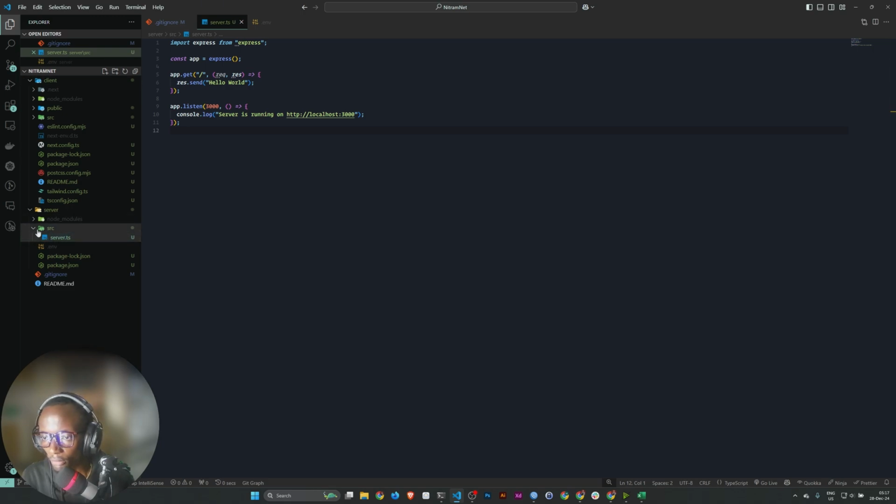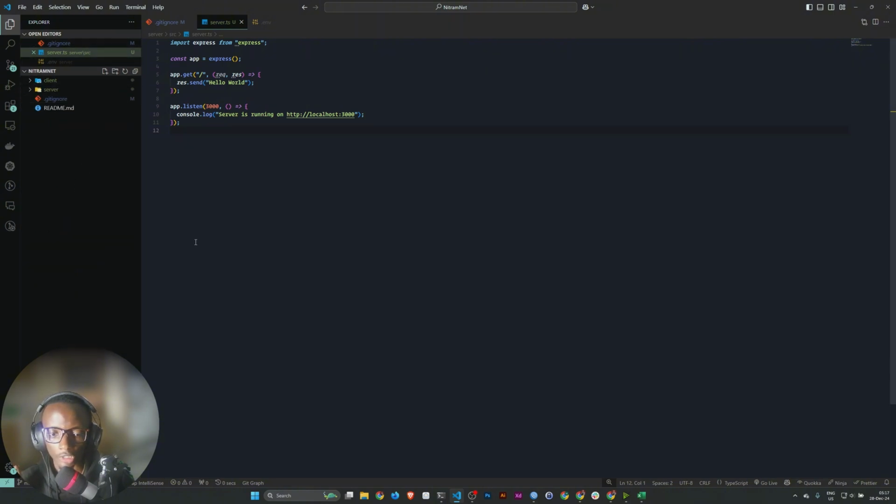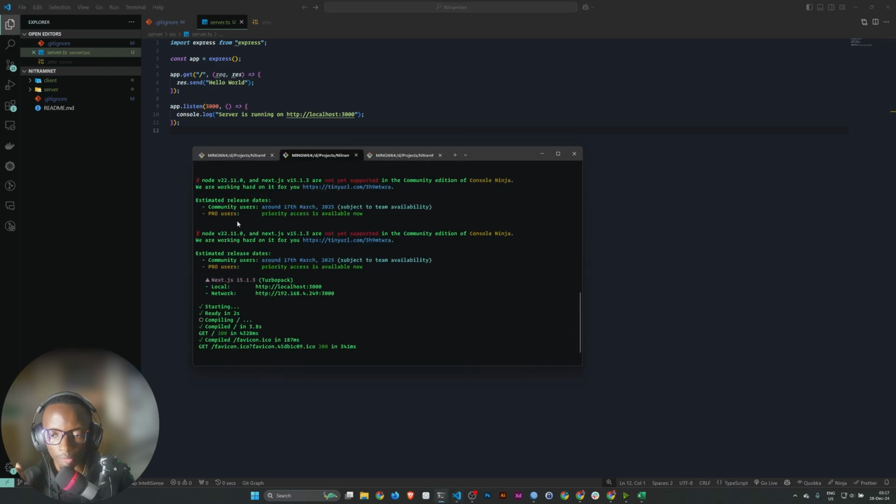So that's it. Later on, when we get to working on the server, I'm going to set up the entire folder structure on here. But for now, that's all I'm going to do. I'm not even going to be installing the compiler for TypeScript, because I don't need to compile at this moment. So I'll just leave it as it is and push the code to GitHub as the initial project setup.